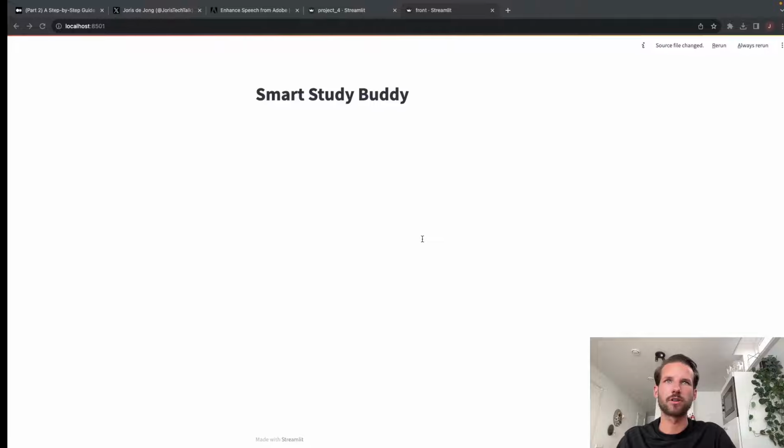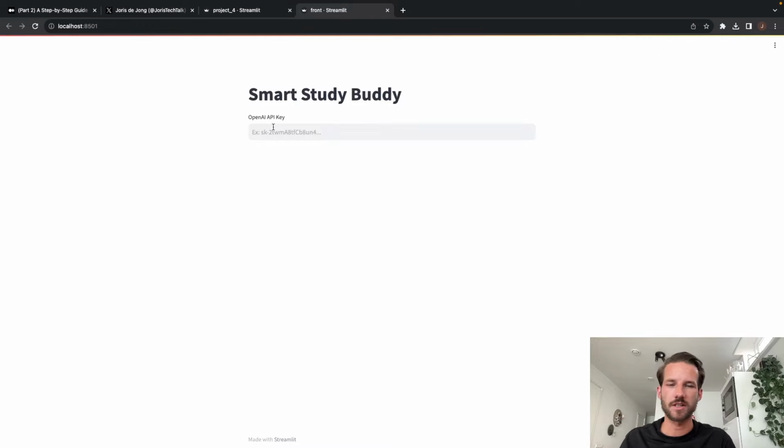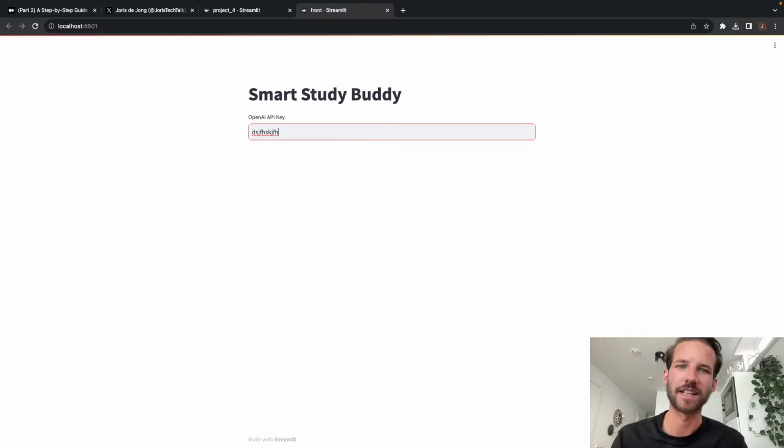So now go back to your user interface. And as you can see here, the source file changed. So Streamlit always checks if something in the file has changed, and then you can rerun the script. And as you can see, we've added the input widget for the OpenAI API key, and the user can just input their API key. Nothing will happen now, because of course we haven't added any functionality yet. Before we do that, we're going to add one more